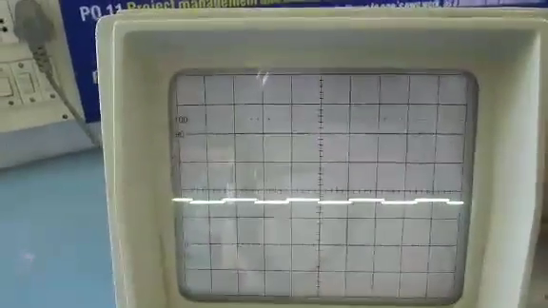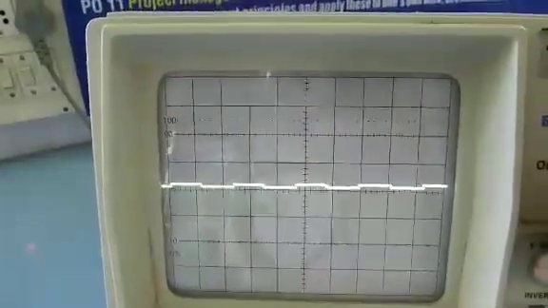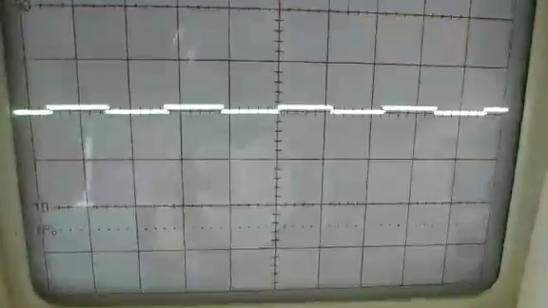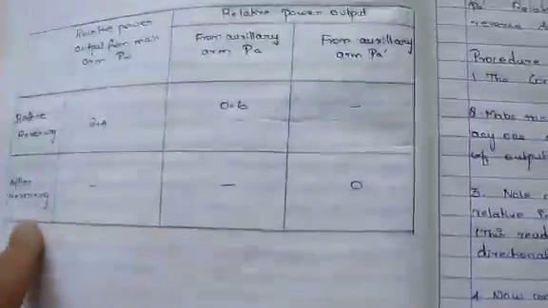So now we will see the output here. The output is 0.1 divisions. So that is noted as the output after reversing in the auxiliary arm. We have to note it down.